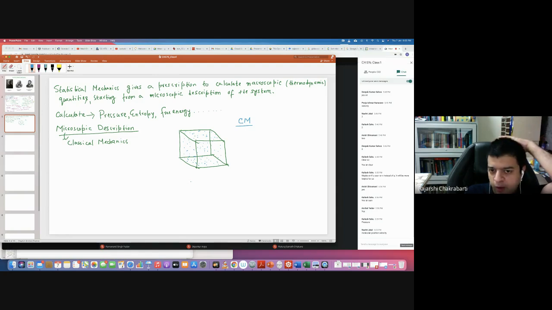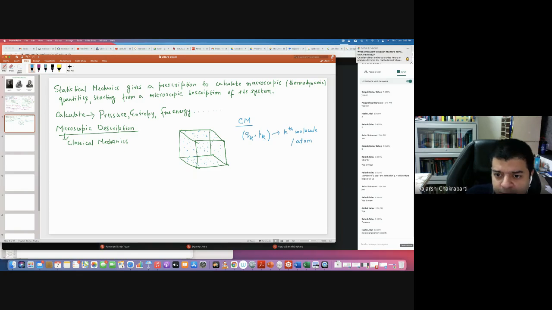But today I'm not going to tell you how, but the classical description is that each molecule, or each constituent, or each atom, the kth atom, has its position qk and its momentum pk. That is for the kth atom or kth molecule. Now think they are interacting strongly, so you cannot really integrate Newton's equation of motion because interactions are so complicated. You have to do something else, which we'll talk about later. But the description is by its position and momentum.